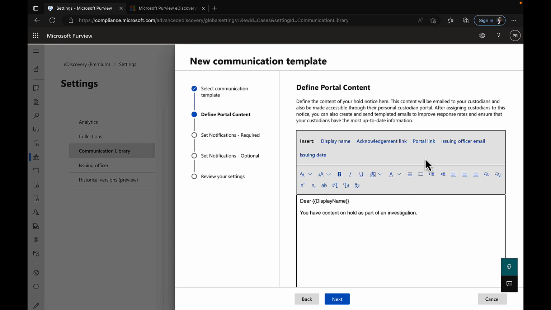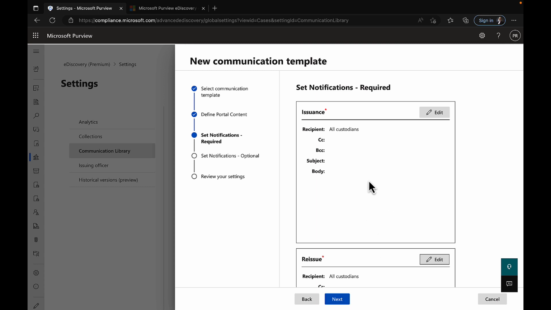Then we need them to acknowledge that, so we will put in an acknowledgement link for them. We can also put in a link to the actual eDiscovery portal as well, which effectively amounts to the same thing. When we get later on in the process, we'll demonstrate how this all works, so you'll see what happens. We can put in the issuing date, and we can put in the name of the issuing officer email as well. So we can go through and